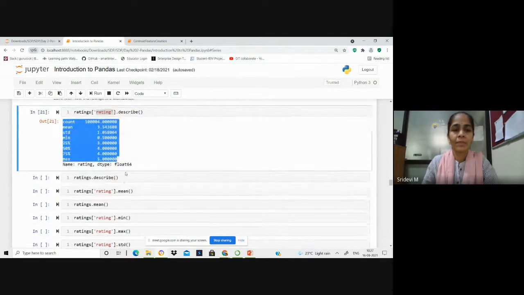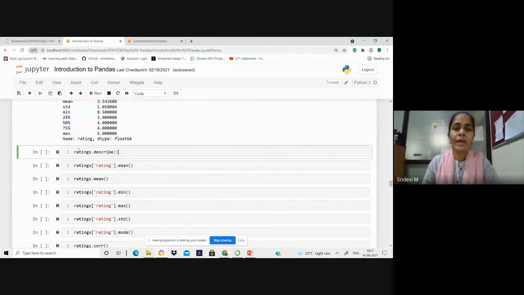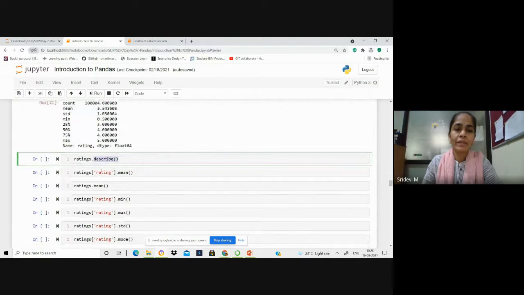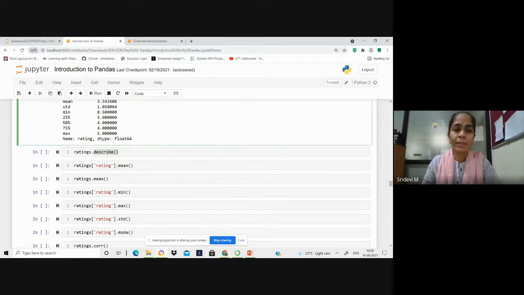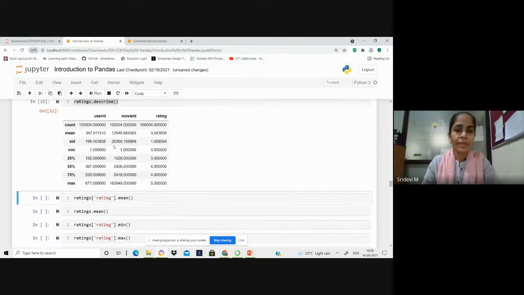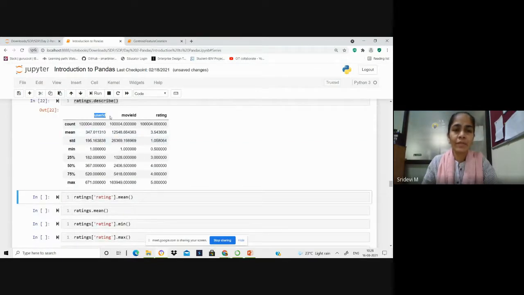Now, if you give this describe method instead of on a specific column in a table, on the entire table itself, then how would it look like? You can see for the user ID, for the movie ID as well as rating, all the descriptive statistics are displayed.